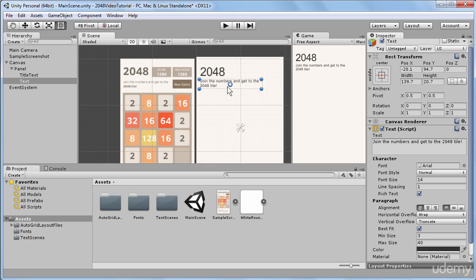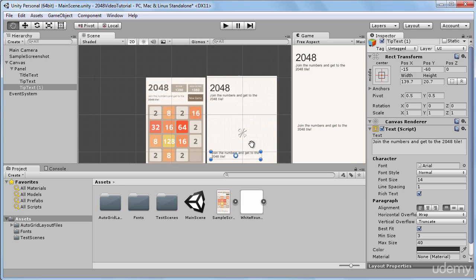Next I'll create the text in the bottom of our screen, so I can rename this text into tip text. So it is a tip what to do in our game. Actually there is another way of creating new UI elements. If we already have a similar UI element, I can just select it in hierarchy and hit Ctrl D. This will duplicate and create a copy of this game object. So when I press Ctrl D, another text appears, but right now it sits in the same spot as our previous text. So I will go to our game and I will drag this text to the lower part of our screen